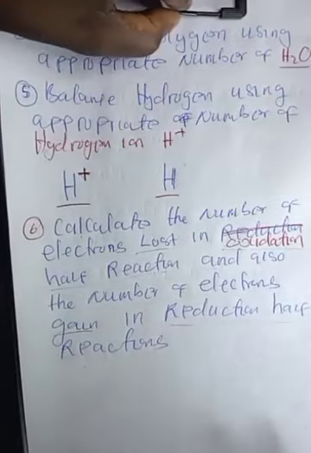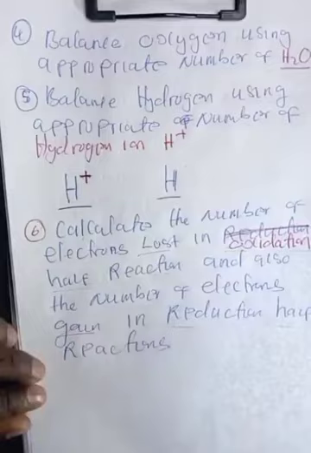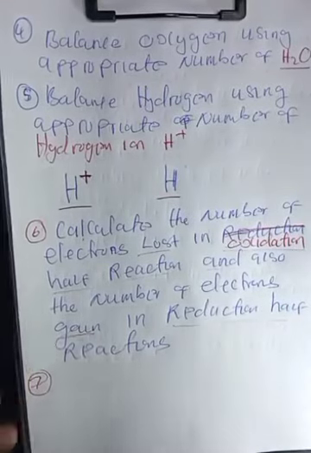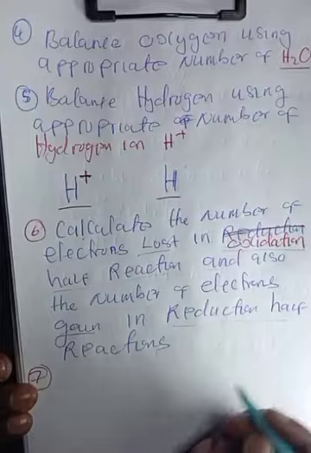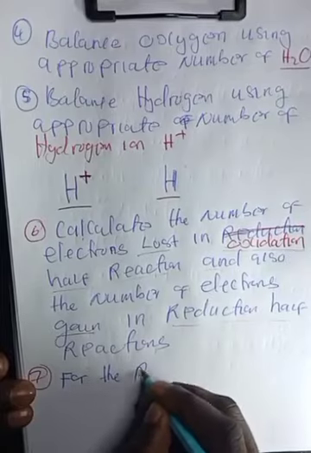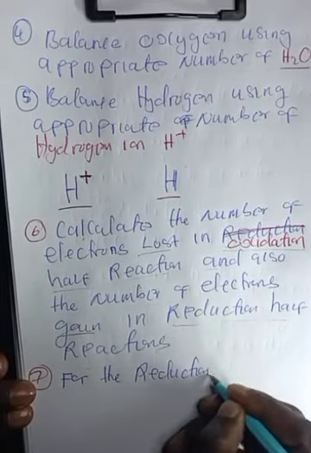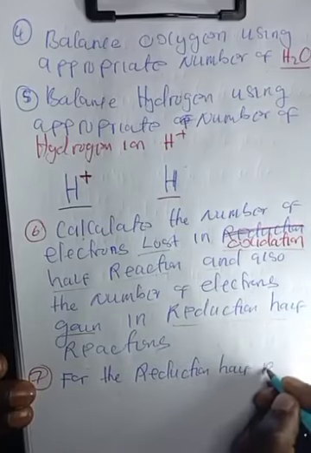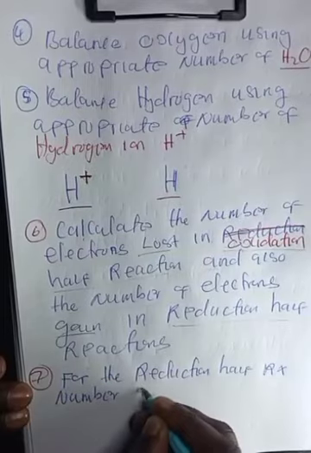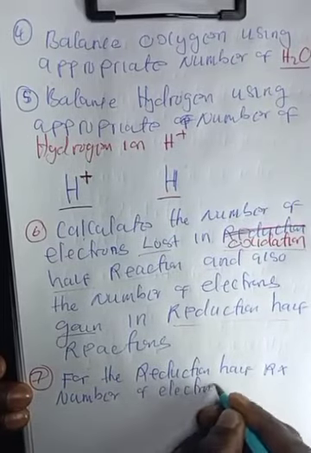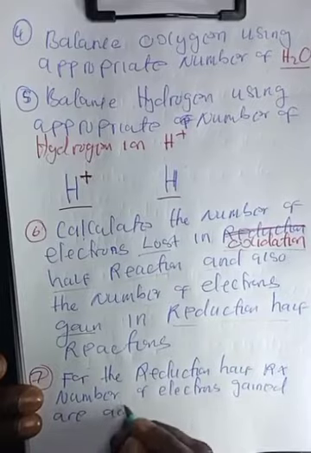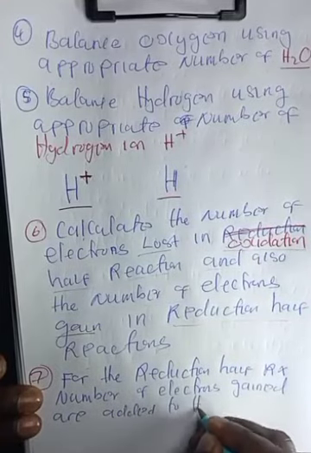Okay. So let's move to the next concept, number 7, is that we should know that for the reduction half reaction, number of electrons gained are added to the